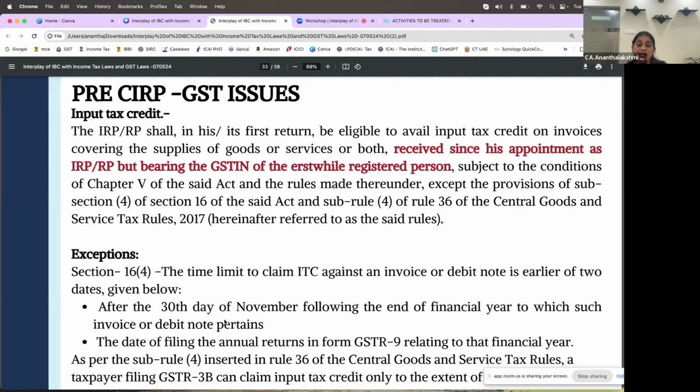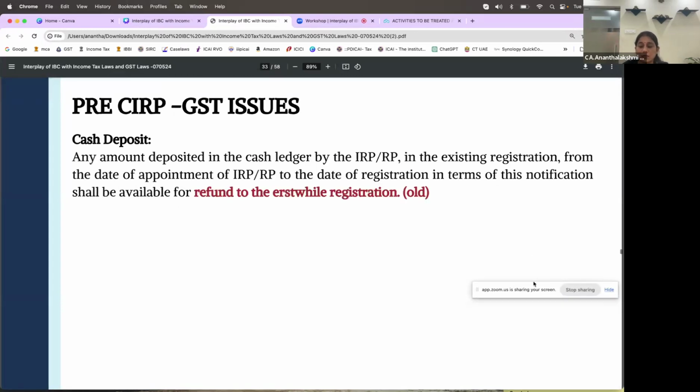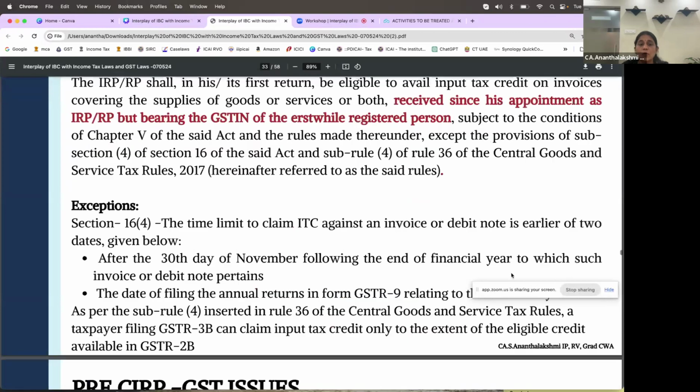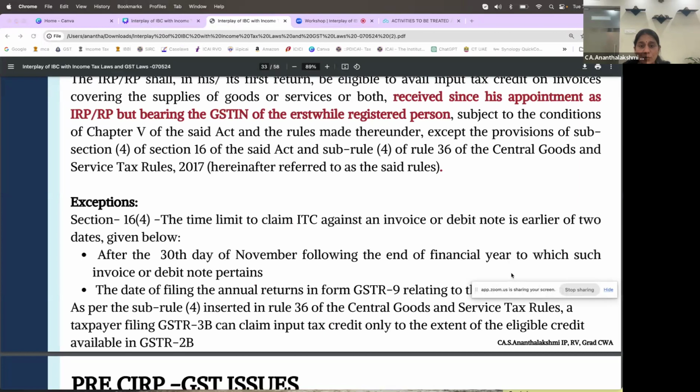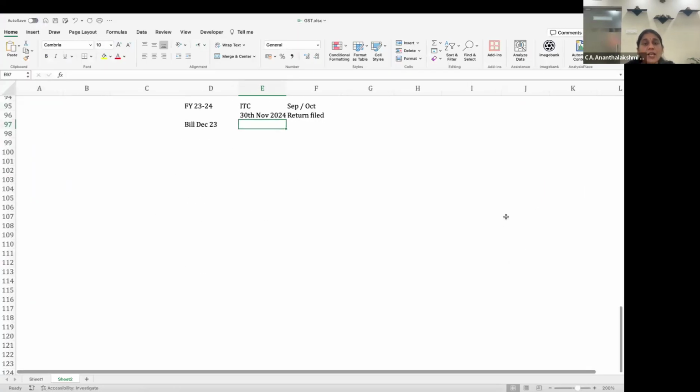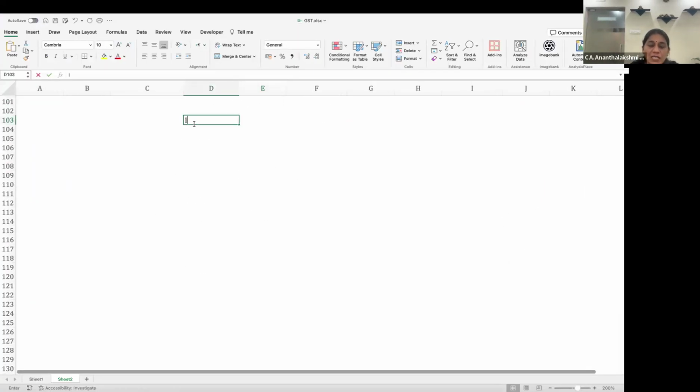A taxpayer filing GSTR-3B can avail credit only to the extent of the eligible credit available in GSTR-2B. I'll explain this one, this is very, very important. To claim ITC, if you have any doubts, you can ask. I will explain again. With regard to ITC, it is now strictly stated that whatever is available in 2B is what can be claimed. 2B is a report